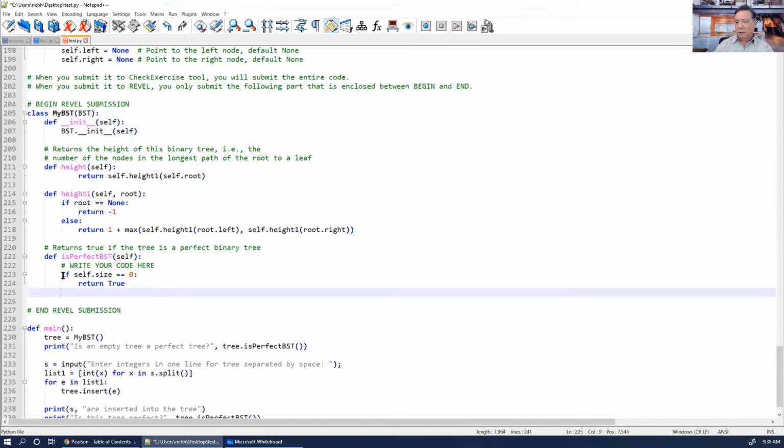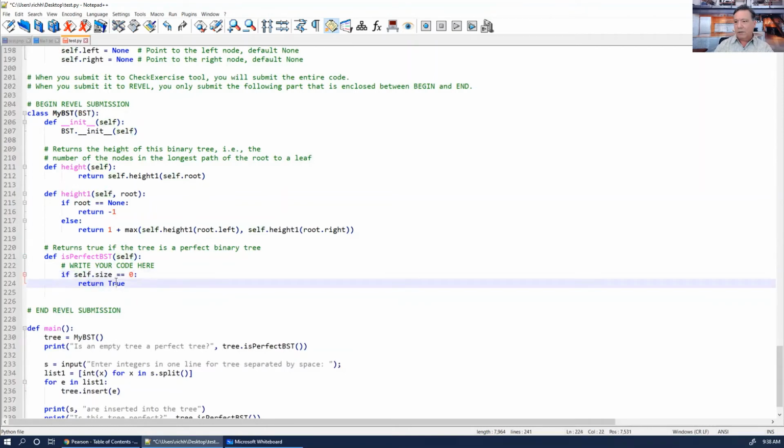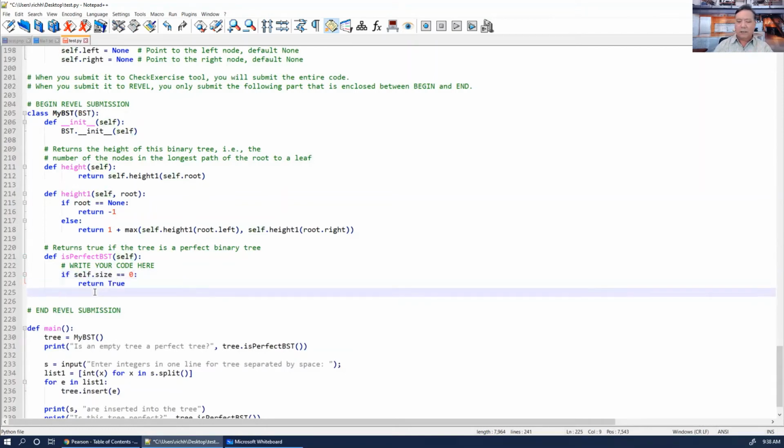Now if it goes down this path, it's just going to return. So we don't actually have to put an else if, because if it gets to this point, then it hasn't returned yet. So you can say if, and now we have to figure out. So I'm not going to put an if yet. Now we have to figure out what the